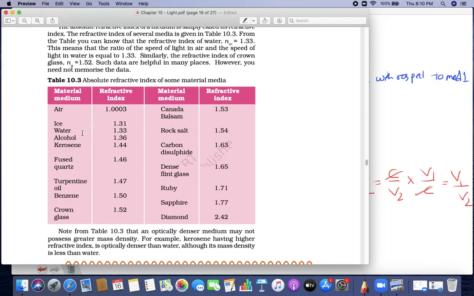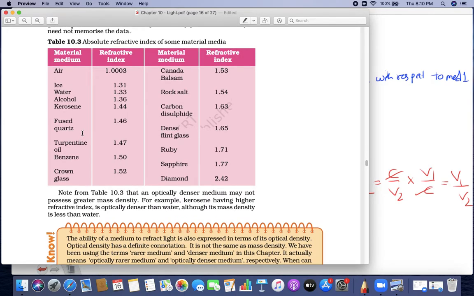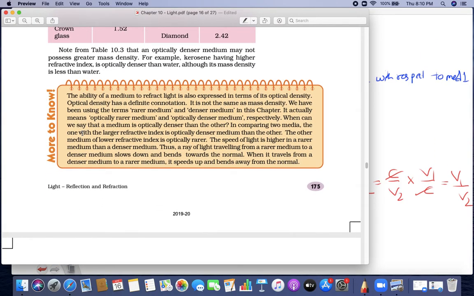Yes, that's why diamond has the highest refractive index, it bends the light a lot. So remember, they sharpen the diamond in a way that the refractive index will be more, so the light keeps on reflecting in it, right? I'll show you that when and how. So 2.42 for diamond. Okay. So as you can see, as the density increases, the refractive index increases, right? So that is all about refractive index.